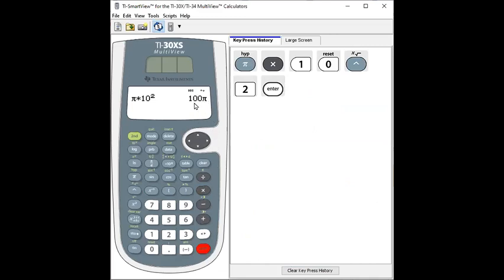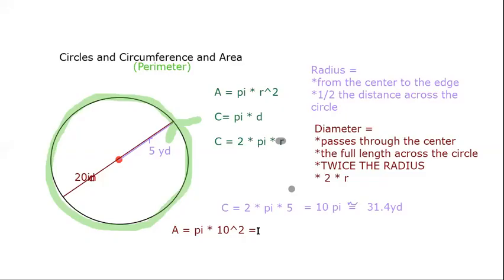Some important words to understand. 100 pi is in terms of pi. We'll switch it, because if we wanted to round it to the nearest tenth, it would be 314.2. 100 pi or 314.2. So this is 100 pi